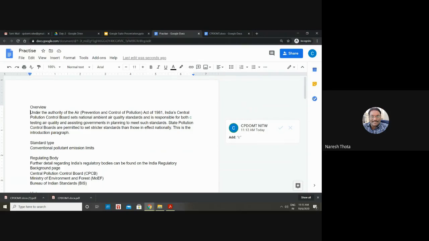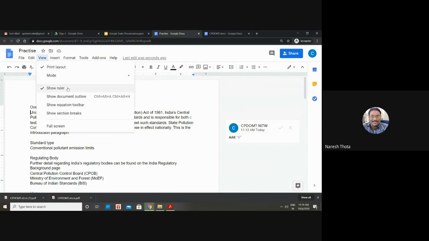If I just move this first line indent, only the first line will have a tab. I will just undo the action. If I change the left indent, my entire paragraph will move away, something like that. To show this, you need to show the ruler, that is what show ruler is.